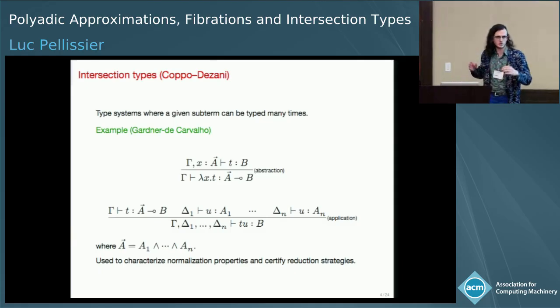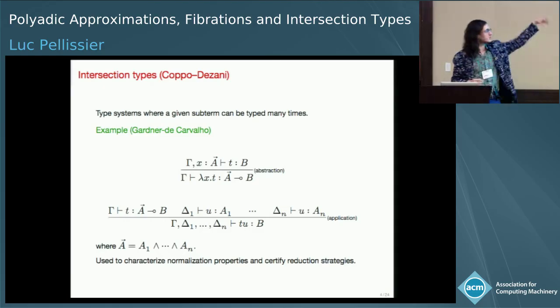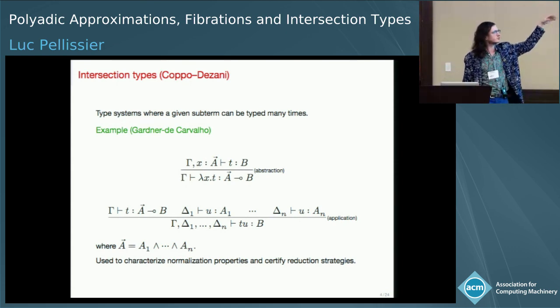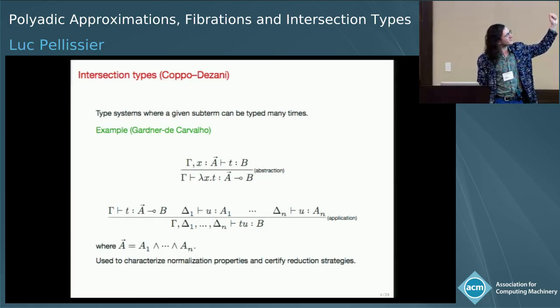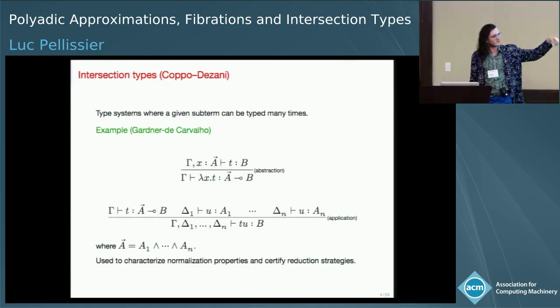Intersection types are some special kind of types that were introduced in the 80s, mainly by Coppo, Dezani, Sallé. And they are type systems where a given subterm of a term can be typed many times, not necessarily only once. You can see it in the example that I show, which is a system that has been given in two different variants, first by Gardner in the 90s and then by Carvalho in the middle of the first decade of the 21st century, where we can see in the application rule that in order to type